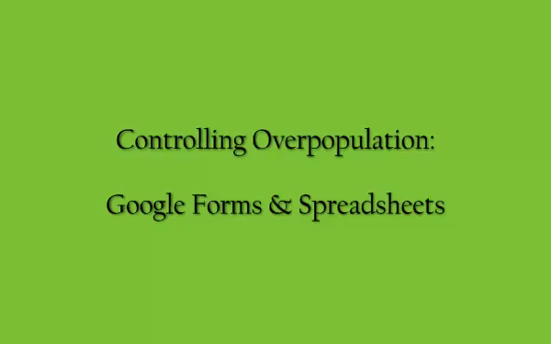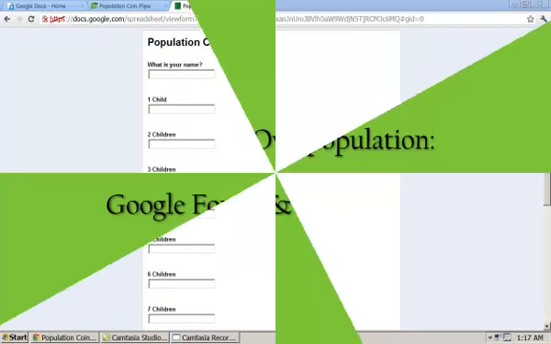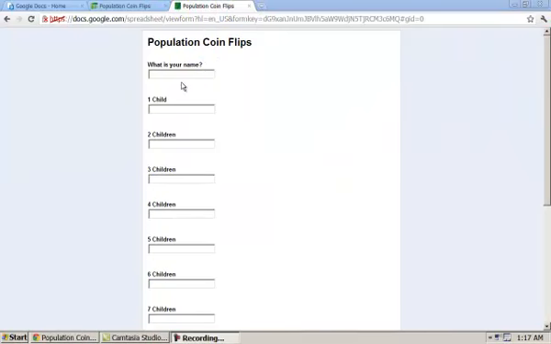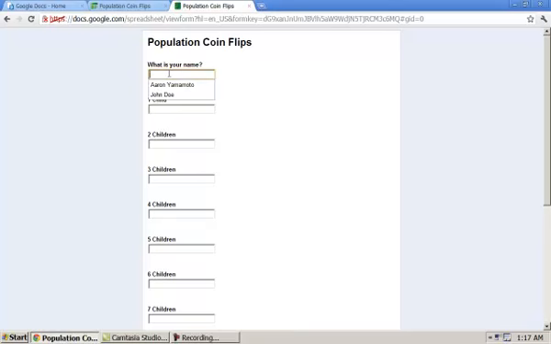Now that you've completed all of your simulation trials, it's time to input and complete our class data. Today we're going to be using two tools, Google Forms and Spreadsheets, in order to complete that. So first you'll need to open and complete the Google form that I emailed to you, and it should look